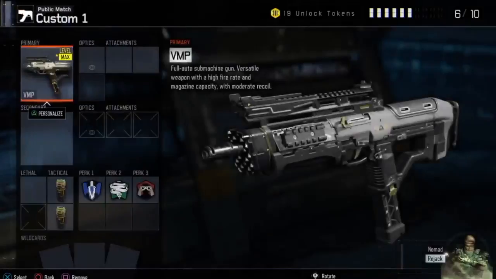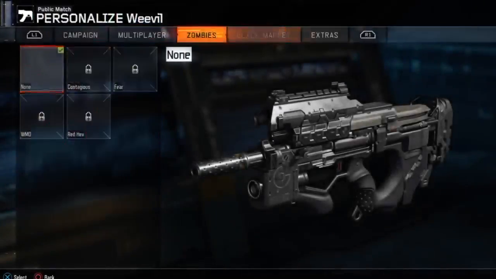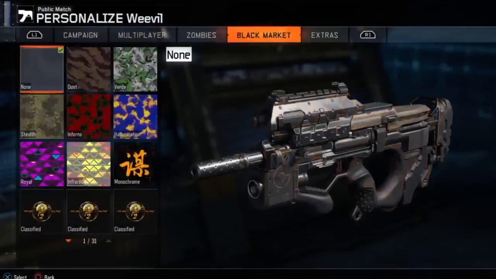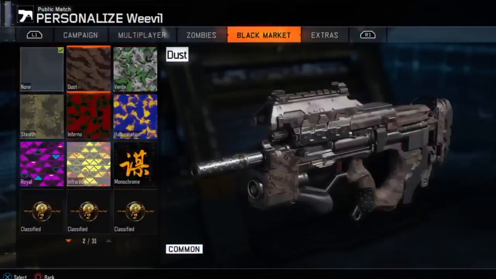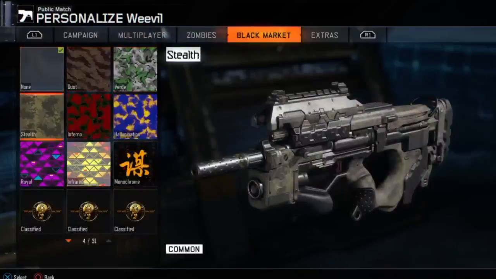Okay, now I'll do the next gun, which is the Weevil. On the Weevil, I'll do the multiplayer first. I have 40 headshots. I have Dust, which is a common, Verde, which is a common, I don't know how you pronounce that, Stealth,